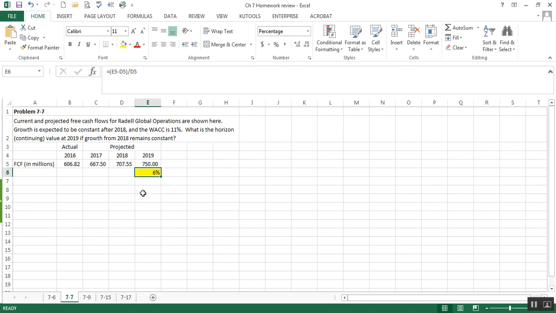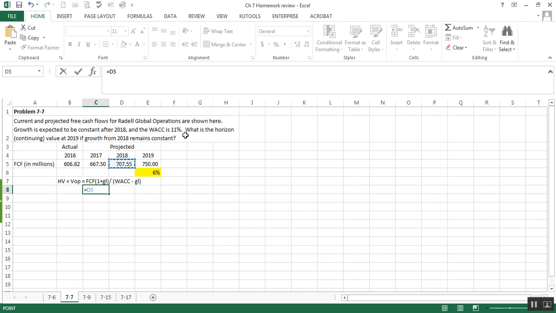It asked us to find the horizon value at 2019. Our horizon value formula is equal to the value of operations, which is equal to the free cash flow during the last year that we're looking at. So in this case, it would be 2018 because we're looking for the value at 2019 times 1 plus the growth rate divided by WACC minus the growth rate. So similar to the formula that we just used. So it's going to equal